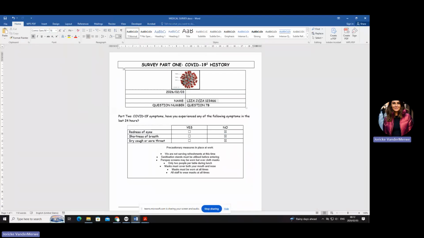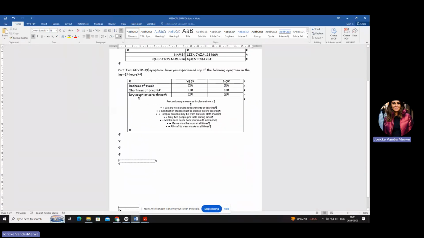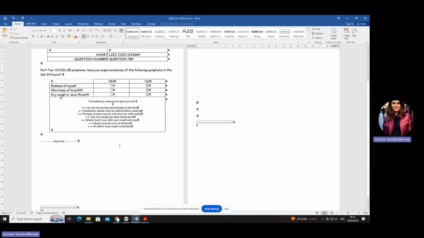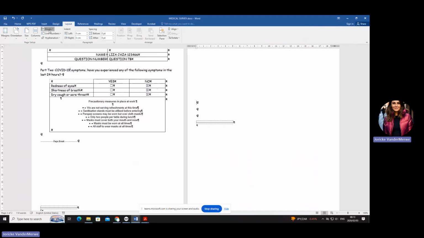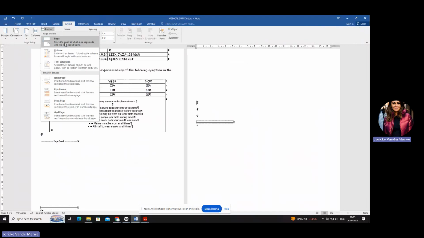Leave 2 lines open after the last row of the table and insert a page break. Okay, now in order to know that, you'll have to put on your thing. Leave 2 lines open. 1, 2. And then you can either press Control Enter, or if you don't want to do that, you can go to layout breaks and put in a page break.